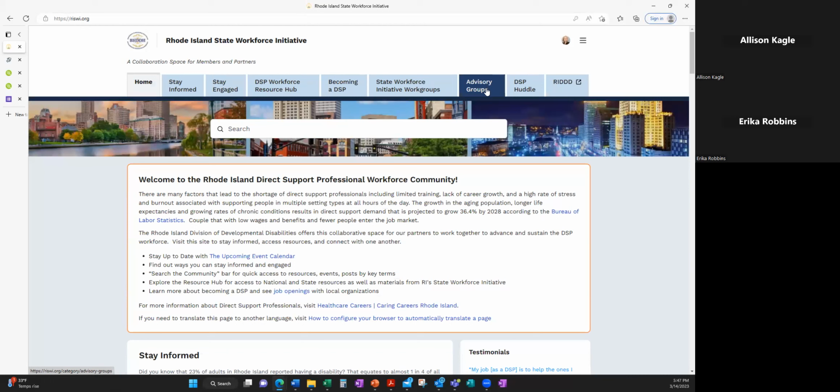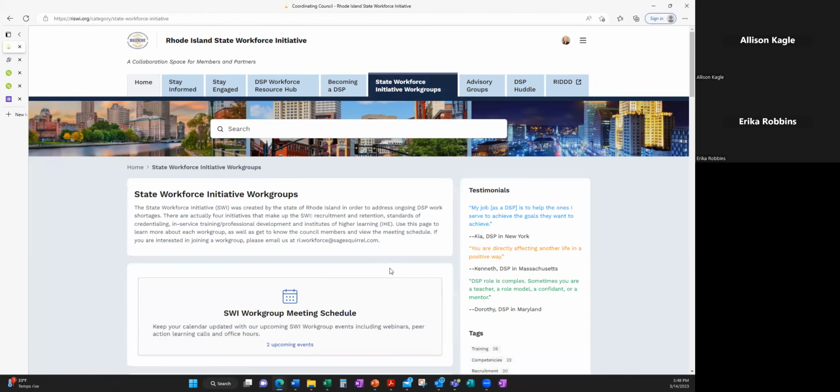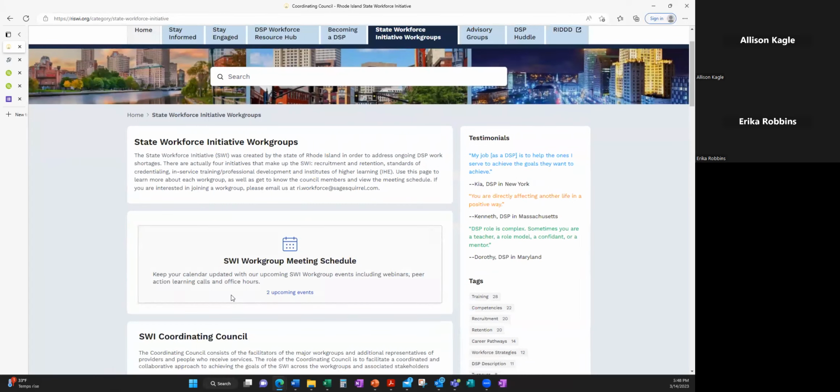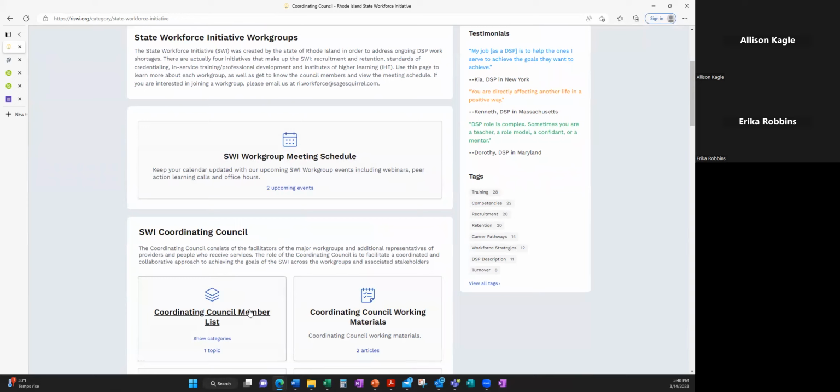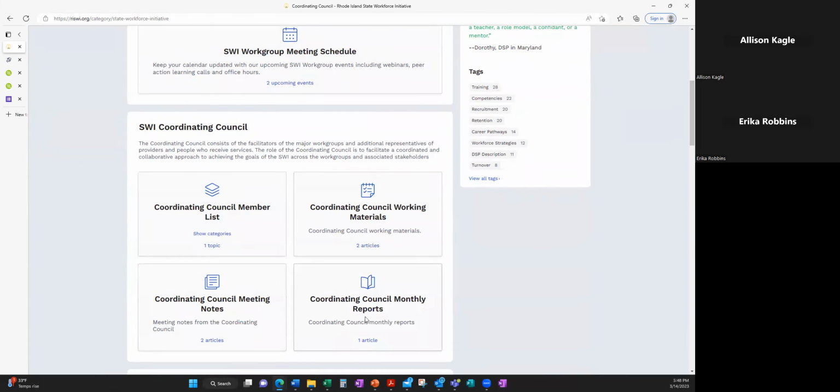It's limited to only those that are invited members. So at this present time, I'm showing you that I have access to all three private spaces. So if I go to the State Workforce Initiative Work Group space, this is where you're going to find the work group meeting schedule. You're going to find the coordinating council, their member list, their meeting materials, their monthly reports,